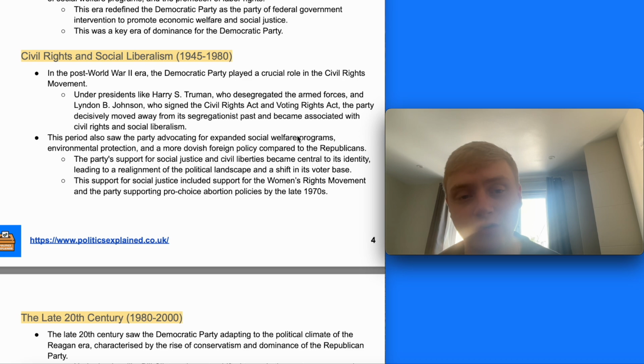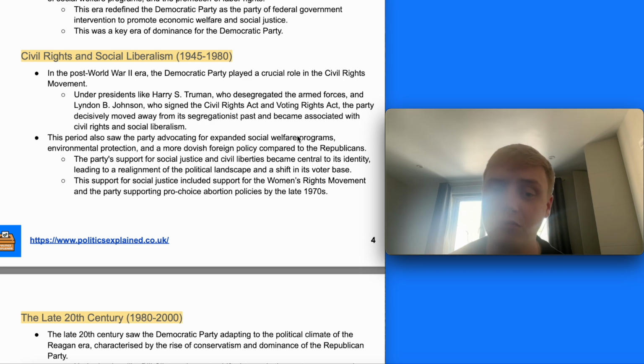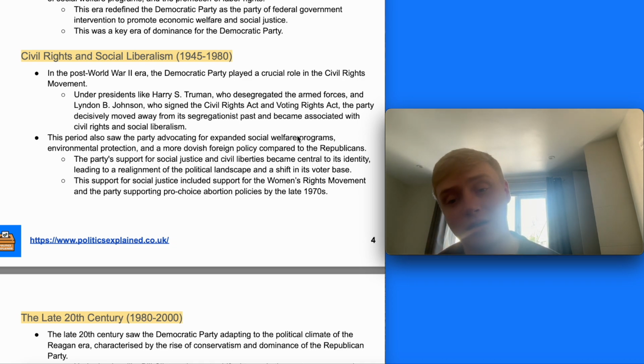The party's support for social justice and civil liberties became central to its identity, leading to a realignment of the political landscape and a shift in its voter base. The support for social justice included support for the women's rights movement, and the party supporting pro-choice abortion policies by the late 1970s. This realignment in this period, as we'll talk about in a couple of videos' time,